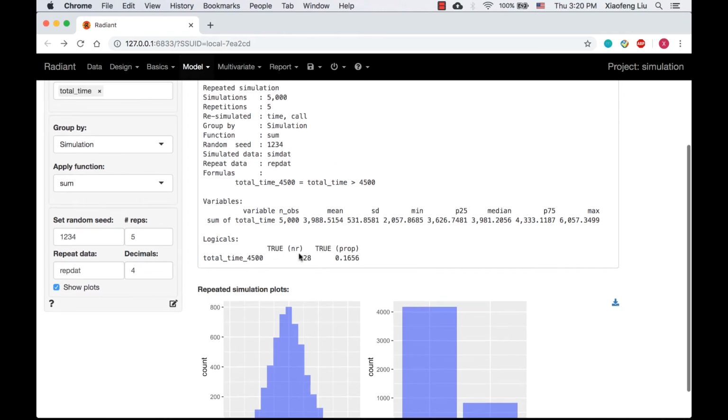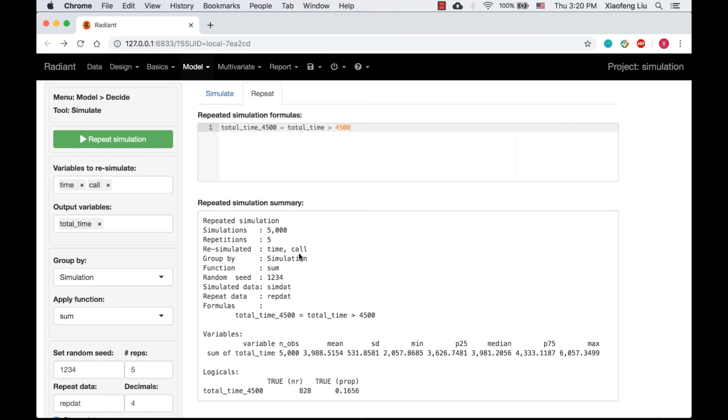Some of you may wonder why we don't just create 5 separate random variables for the total handling time and add them up in the Simulate tab. Yes, you can do it, but what if I want to study the annual total handling time? That strategy doesn't scale. For example, I would like to learn the probability of annual total handling time going over